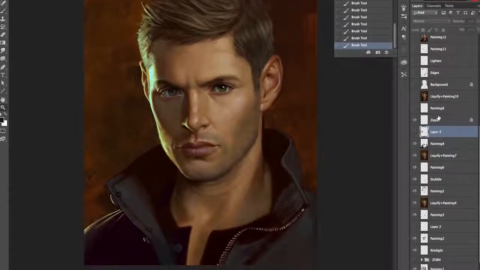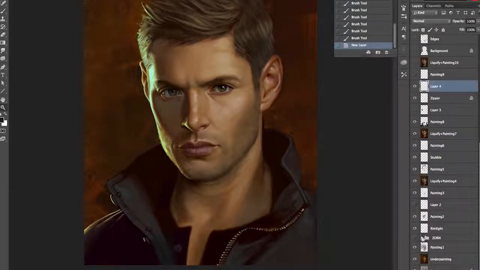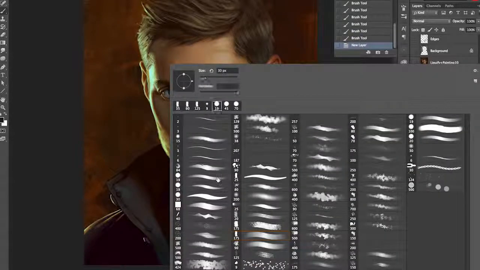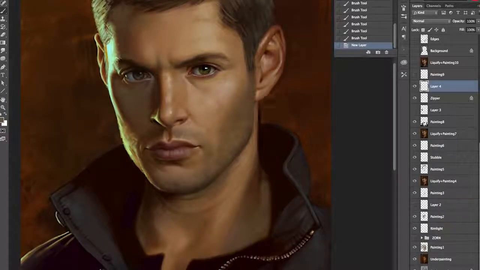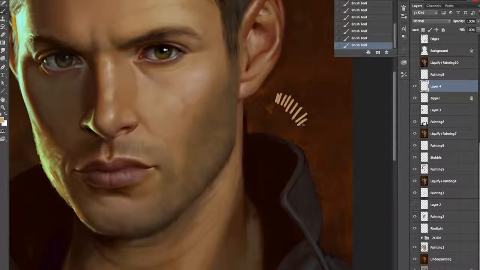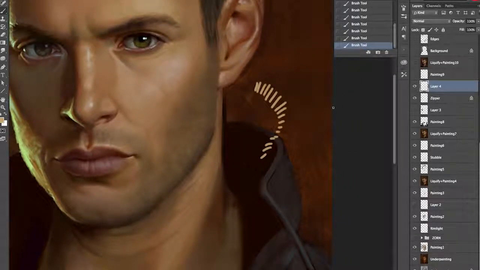Moving on again, I added in his zipper. What I like to do with details like this is basically work on one property at a time. So one property is the shape. I have, do a little brighter. So I have these little nooks, and these are the shape. And this is what I want to establish first. So now I have a silhouette. I'm going to lock the layer, and I'm going to work on another property, which is the side planes and the top planes. So I've locked my layer, and now I can sort of render those